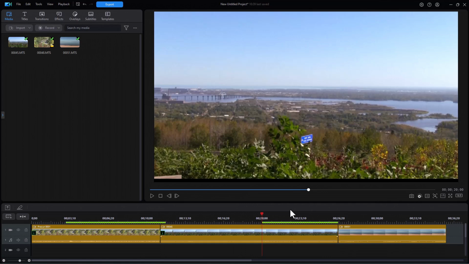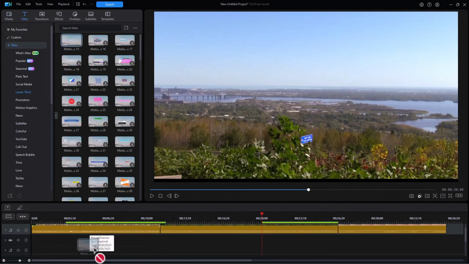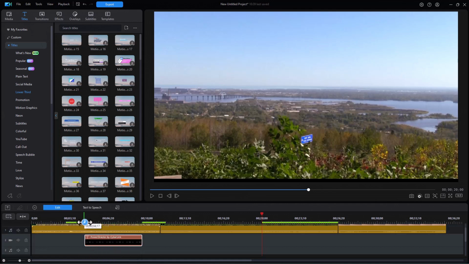Now, one thing about rendering that you need to know is if you edit anything that's under the green line in your timeline on any track, it's going to change that. Let's just take this graphic title, drop it in here, and you notice what it did. This is not rendered because something changed. So if you change anything, that will have to be re-rendered if you want to see it in that preview